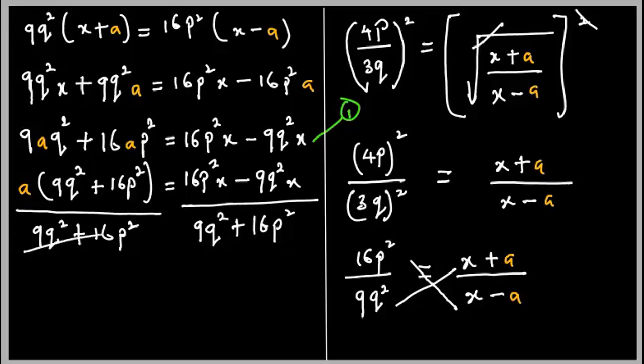So the 9q squared plus 16p squared will cancel itself here. And then our a is now equal to